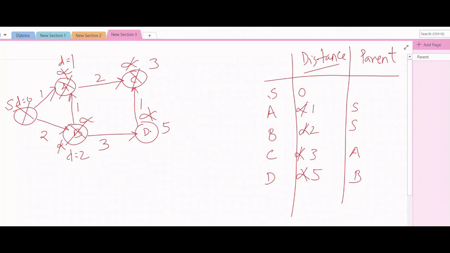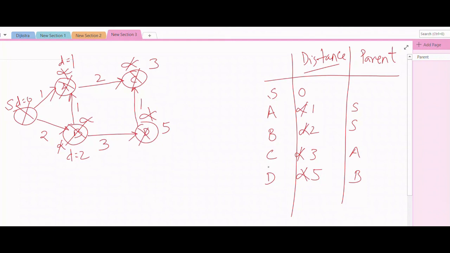From D I can go to C, but there is no point going back to C because it is already marked as visited. Remember, even if you go to C now, you will have a higher distance, 5 plus 1, which is greater than 3, and it would never be better than my previously calculated distance. This happens because we use greedy selection, and so in the end D will also be done.